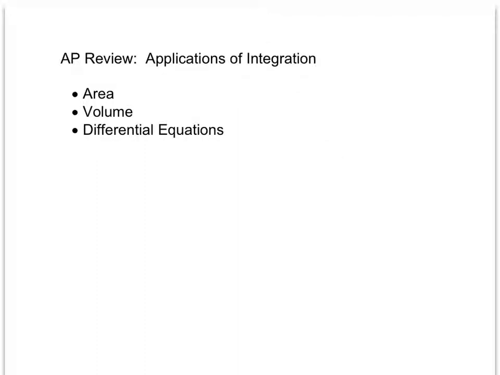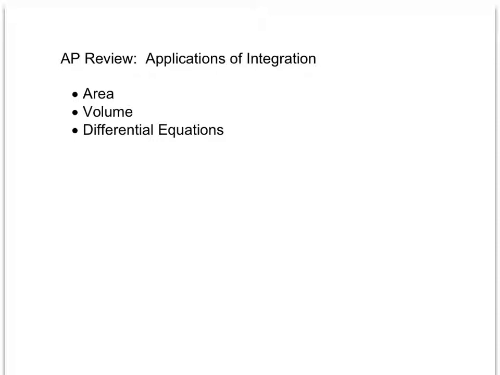Okay, our last review video is going to be really short because we've just finished doing these two units, so I expect it to be fairly familiar to you, but just kind of reminding you of some things to be paying attention to. So we're talking about applications of integration beyond just the kind of general idea that integration of rate of change gives me total amount of change, looking at very specific integration applications including area, volume, and differential